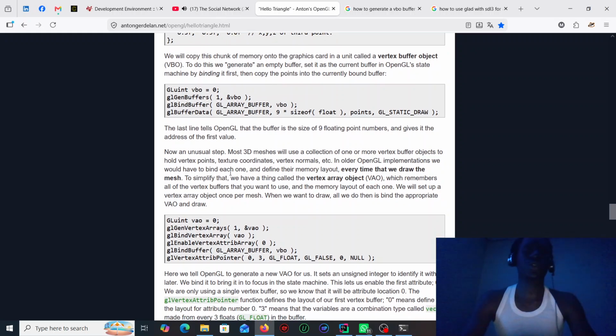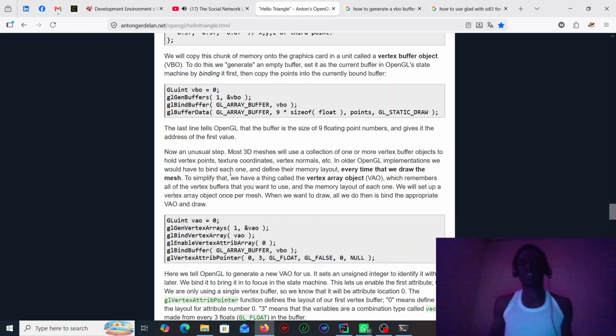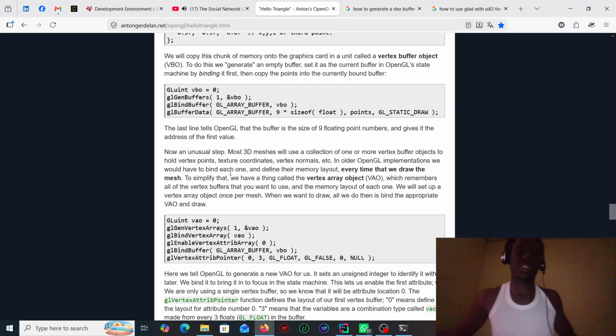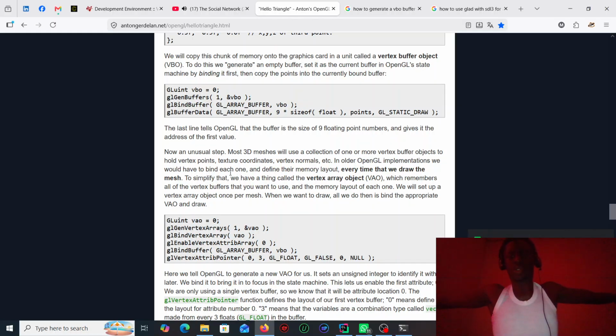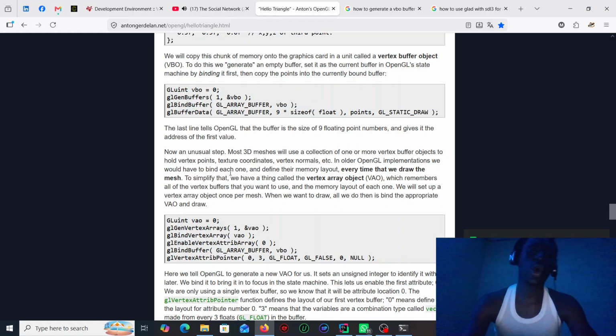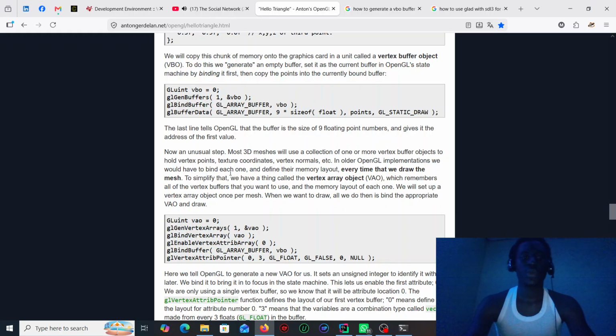Now, an unusual step. Most 3D meshes will use a collection of one or more vertex buffer objects to hold vertex points, texture coordinates, and etc. In all the OpenGL implementation, we would have to bind each one and define the memory layout every time that we draw the mesh. To simplify that, we have a thing called the vertex array object, VAO, which remembers